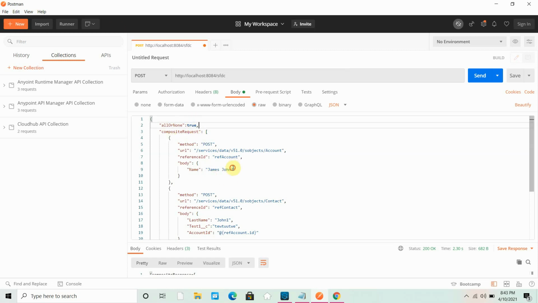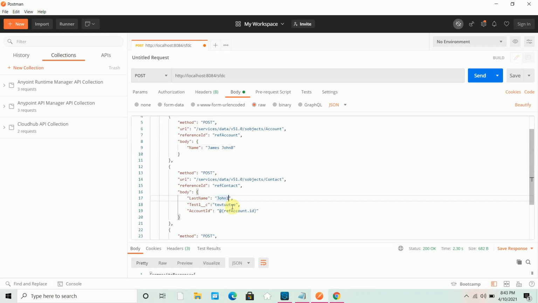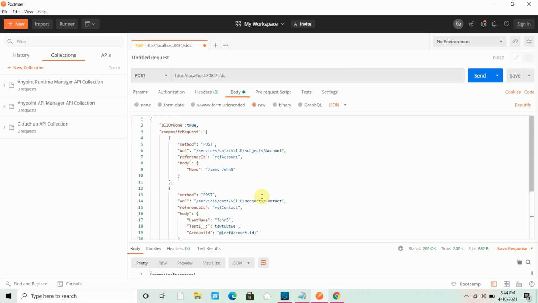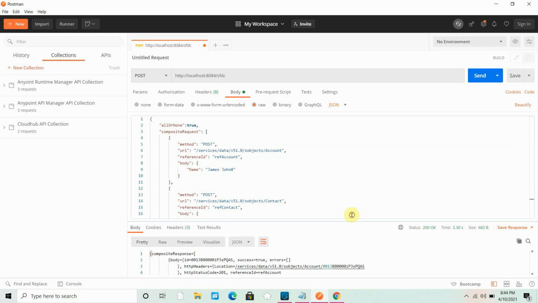Let me put John 8, John 3, and John 4. If any operation within that request fails, or any REST API call fails, it will roll back everything. Let me send that request to Salesforce.